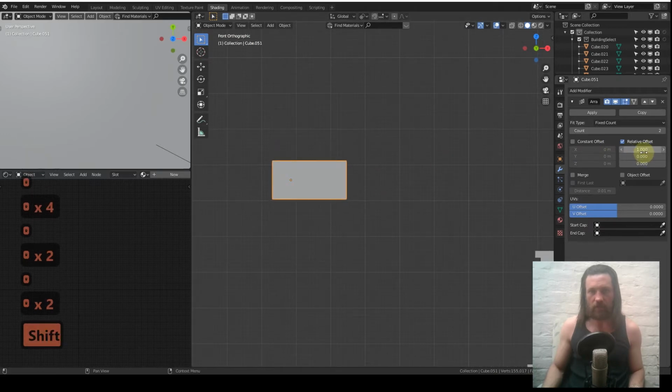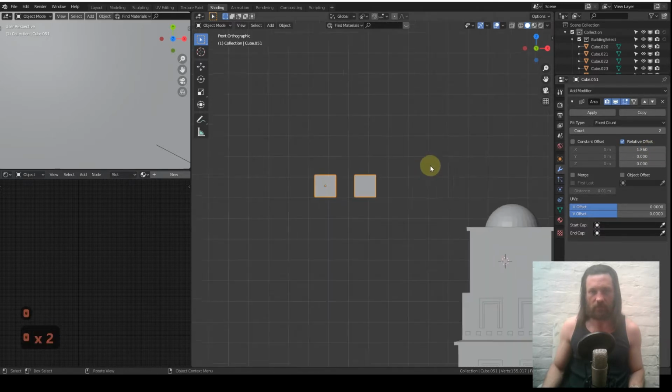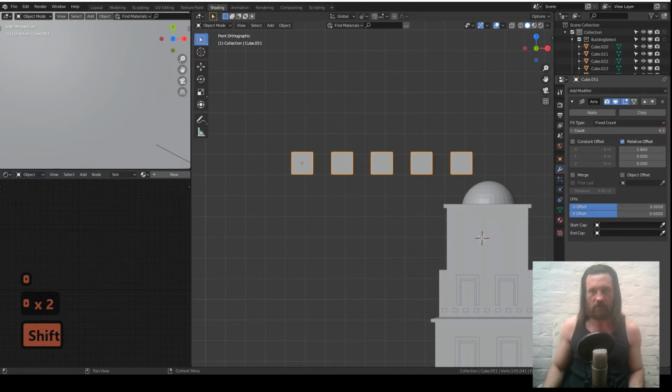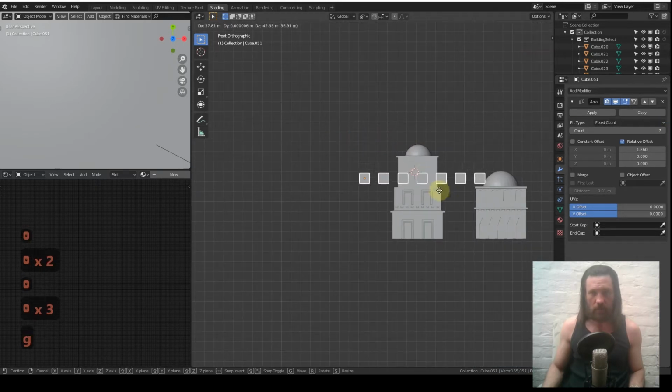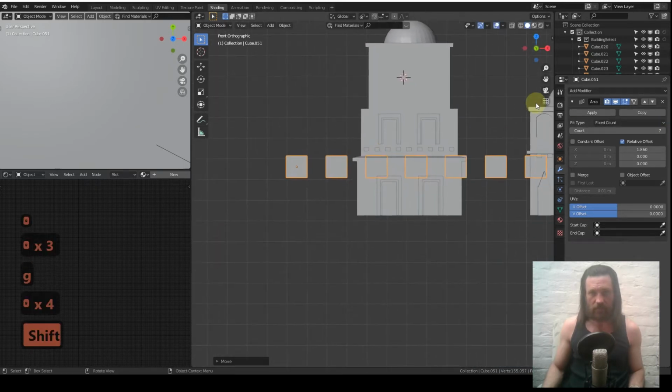So this is saying move this object 1 times its size on the x-axis in the positive, which is that way, and then just shift drag that, so that's 2, and then use that to add as many as you want, put them in the right place, scale it down,